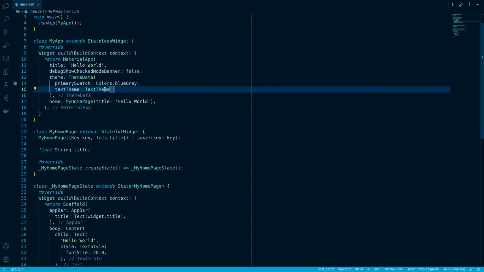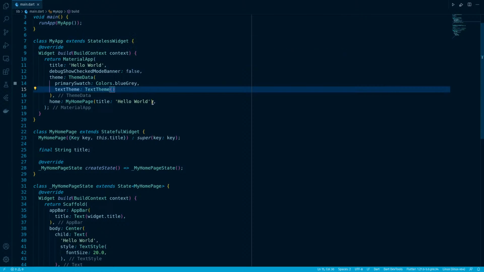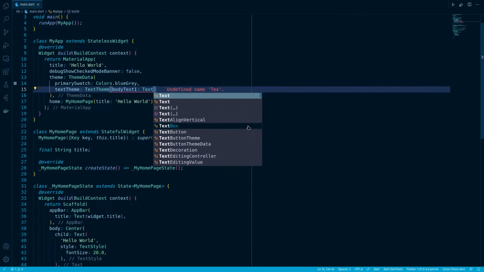We have entered text in a body, so it will take a body text. You can go through these parameters one by one. So this is deprecated, sorry, just a second. This is deprecated. Let's see, bodyText1 takes a TextStyle,